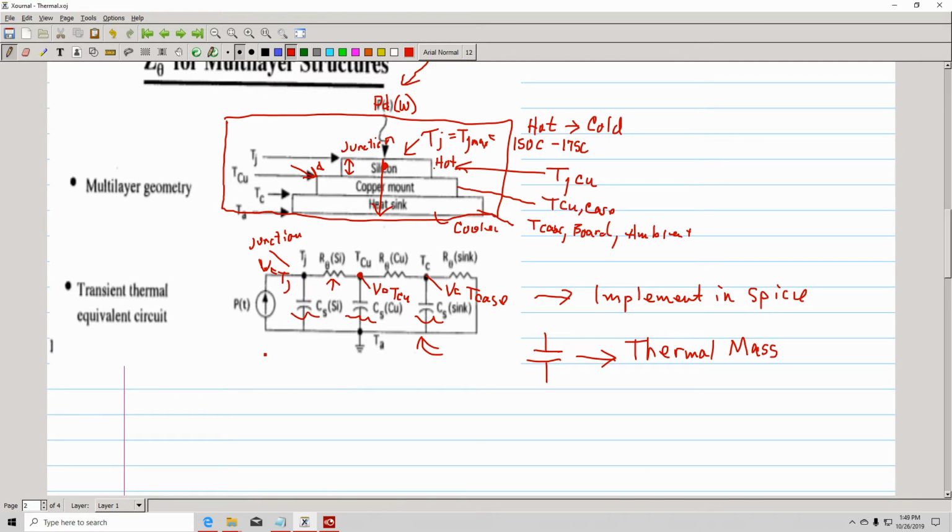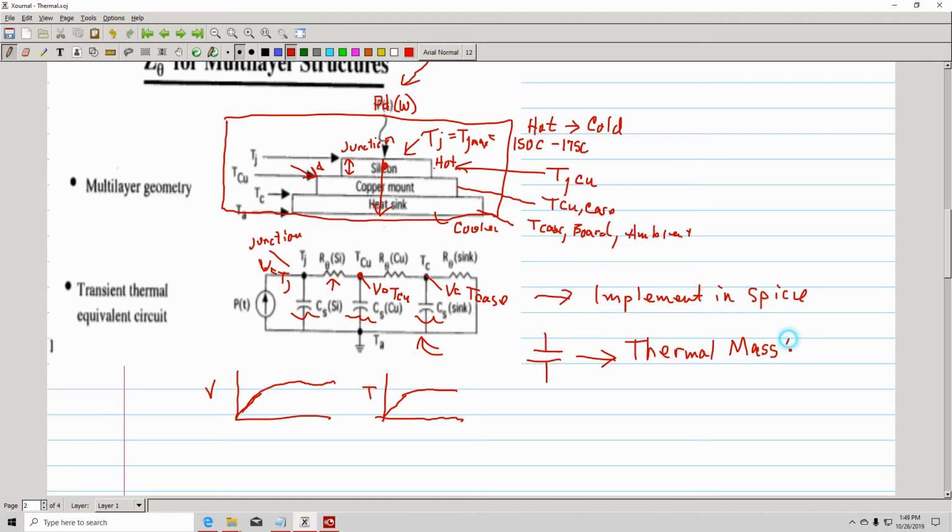So what does that mean? If the temperature goes up, it doesn't go immediately up. There's a bit of a rise time for the temperature, just like in voltage. As in a capacitor, you start from zero and then it goes up to steady state. Same with temperature. Because you have a thermal mass, instead of the temperature going straight up, it rises exponentially, just like an RC circuit. So these are thermal masses,